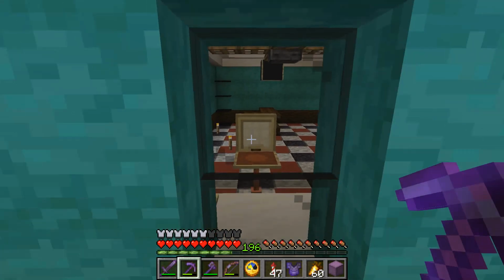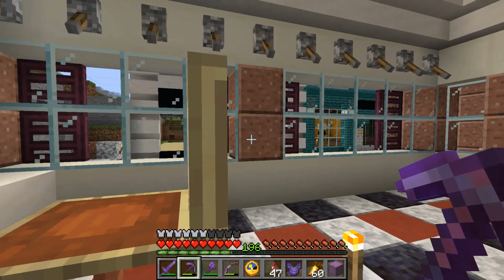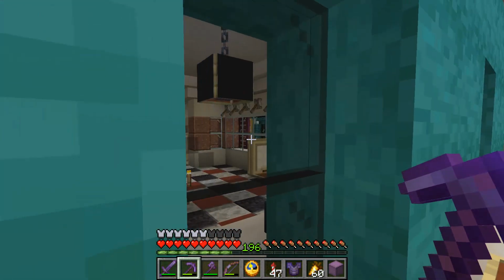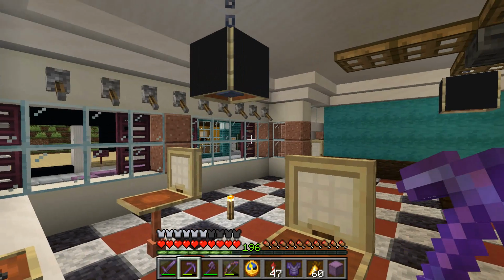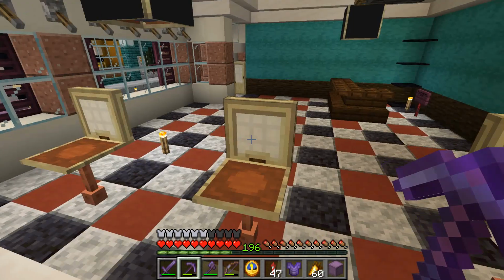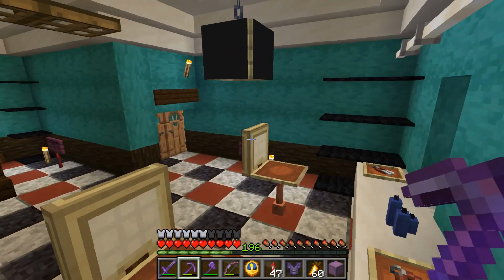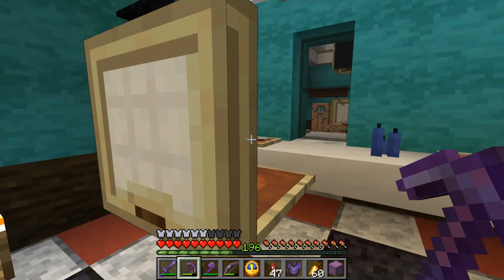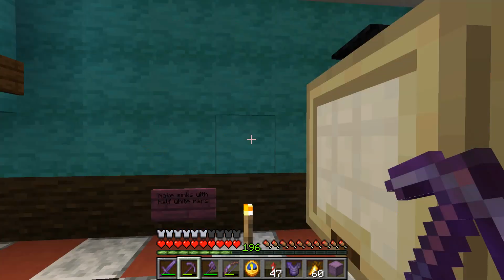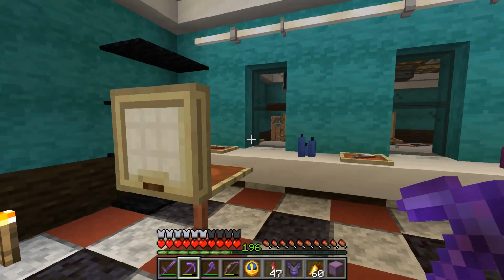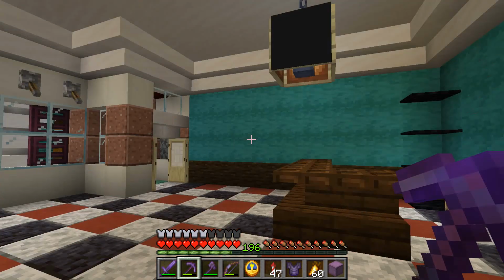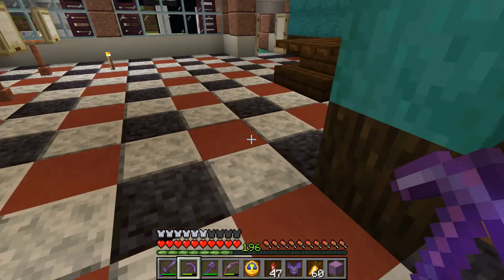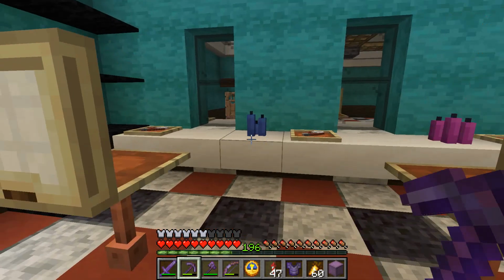mirrored on the other. Of course, a big problem here that you might be able to notice is that this has windows. The first thing I had to do is recreate basically most of the street outside in the mirrors, so I have a nice reflection. And importantly for this project, I have doors. Now, obviously, for a mirror to look convincing, when I open these doors, I want these doors to open too. But because I'm trying to make this build look nice, I don't want observers in the floor ruining my very nice barbershop tiling. So, instead,